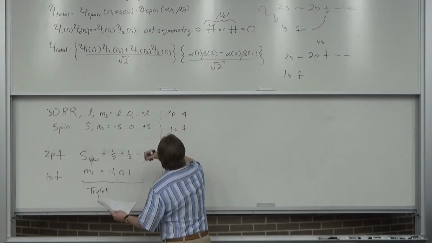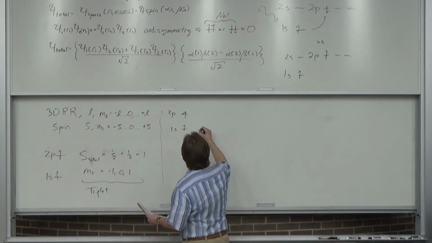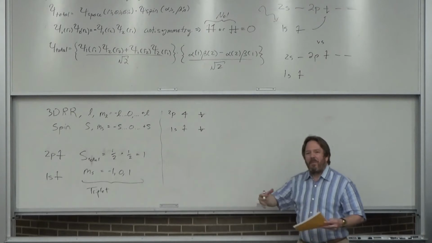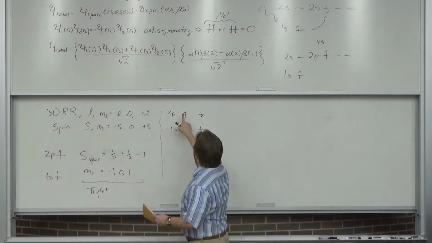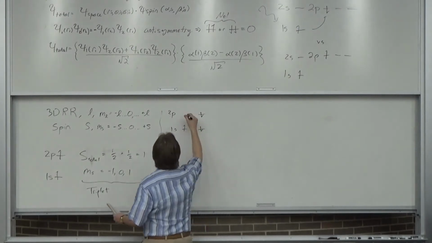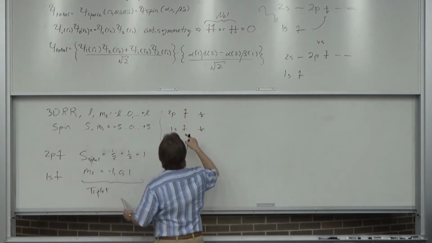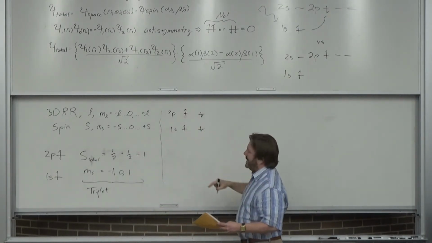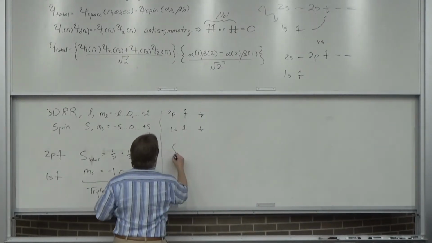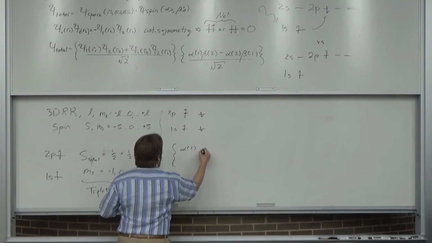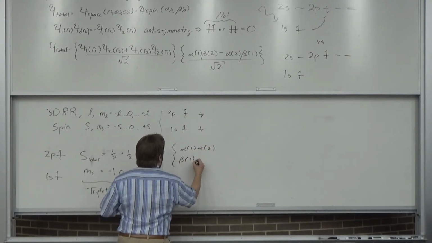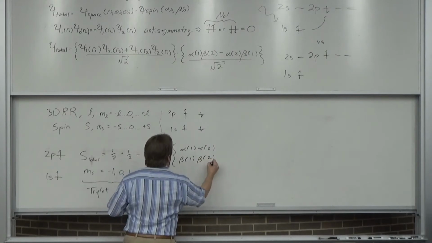Here's one of them. That's the one I just drew. Here's the other. See? Down, down. I could have up, up, and down, down. Right? And how would you know the difference? Okay. Alpha, alpha, beta, beta. Here, I'll write that down. Alpha 1, alpha 2, beta 1, beta 2.